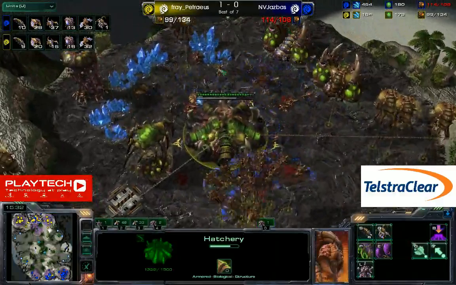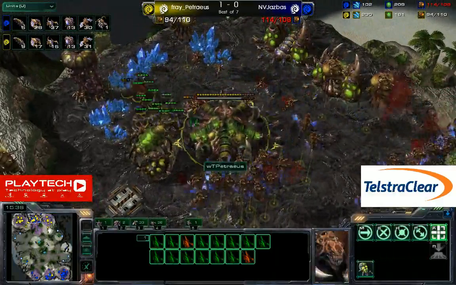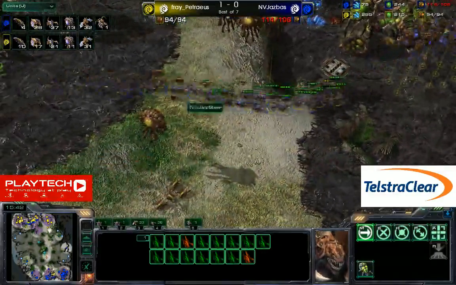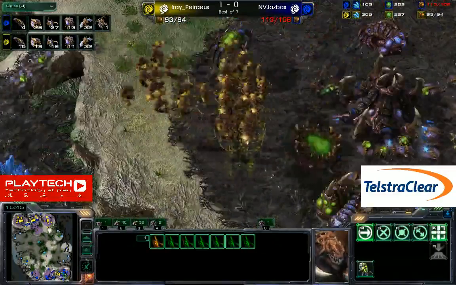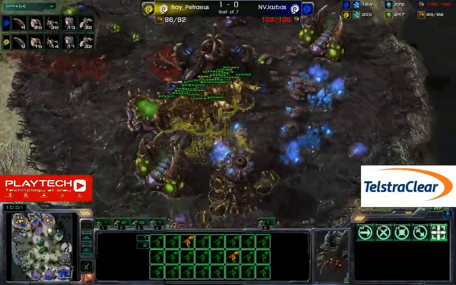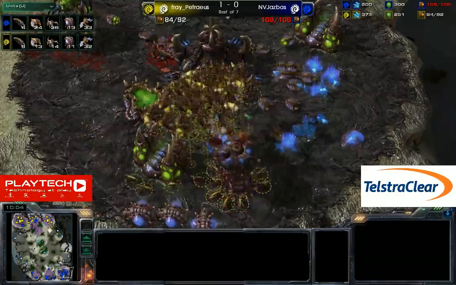As we can see, Ling's getting inside. The drones have nowhere to hide, nowhere to run. So both these players in a very interesting situation. Of course, the overlords start going down for each of them as well. Petraeus is going to move inside the main, going to take down that queen. He's going to then go for the spire to make sure his opponent cannot catch up in the muta count,